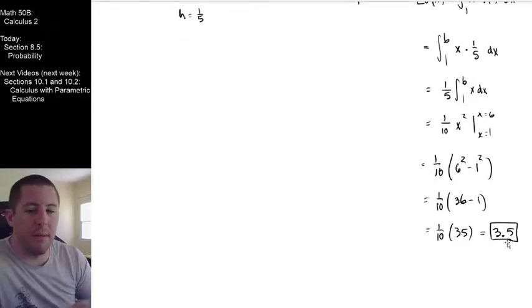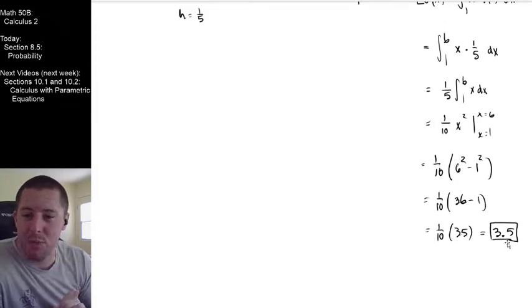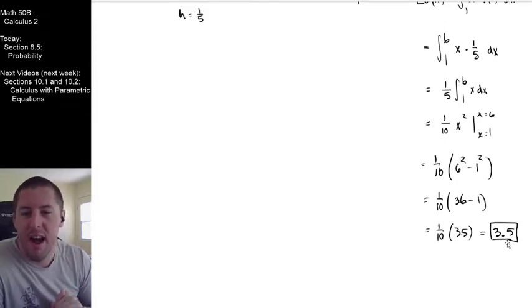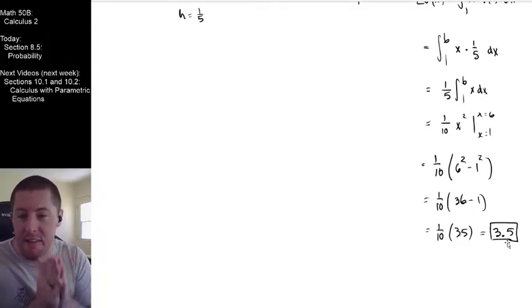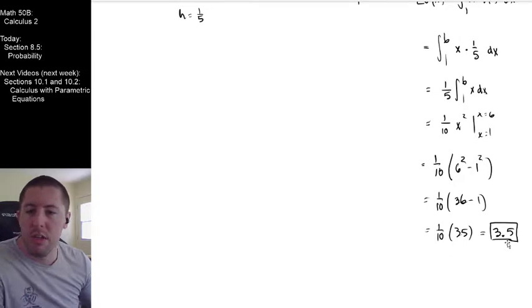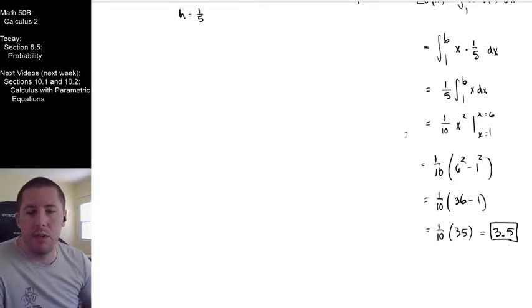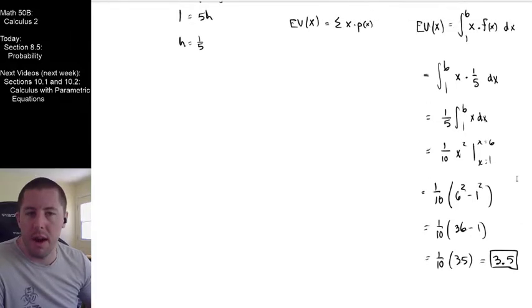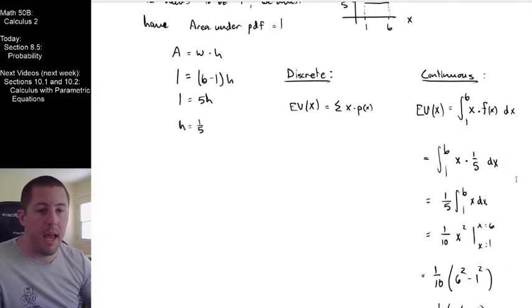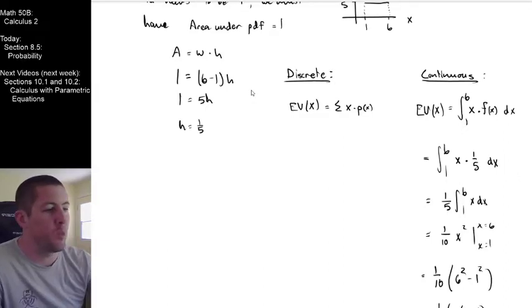So I feel really good about the answer that we just got, obviously, because it matches what we got for our discrete version right here. So 3.5 is still our expected value if we know we're getting an outcome between 1 and 6 and everything's equally likely. It's not too terribly surprising, because of this whole equally likely thing, that our discrete and our continuous expected values matched one another right there. So it looks like we can compute the expected value for a continuous random variable here as well.